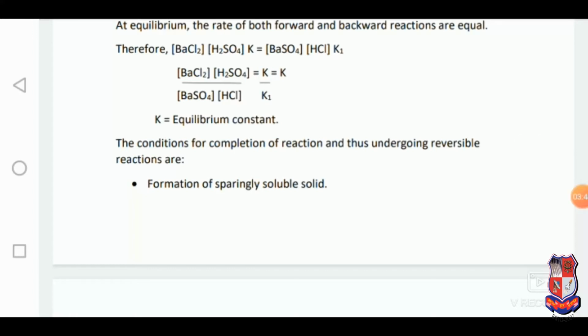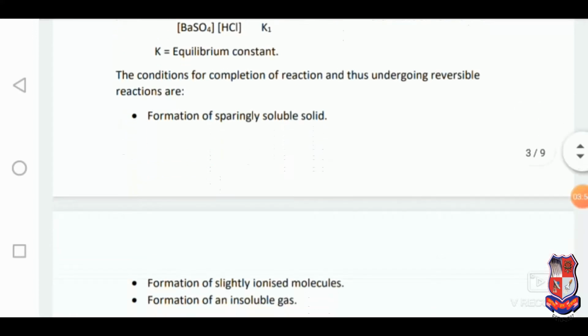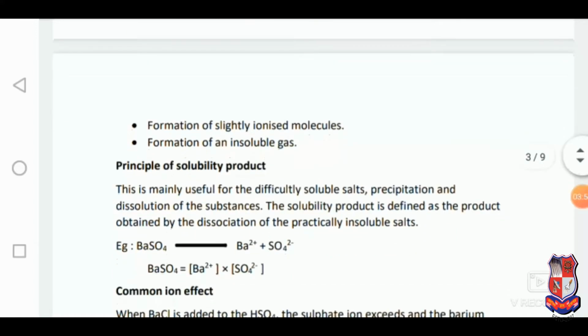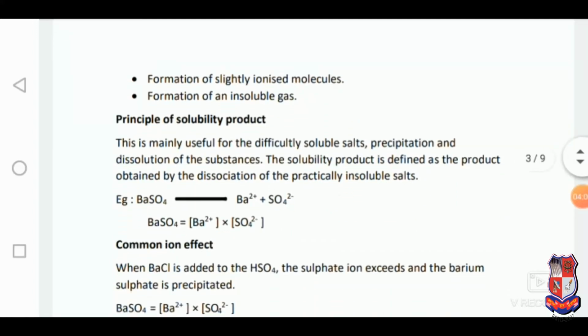The conditions for completion of reaction and thus undergoing reversible reactions are formation of a particular insoluble solid, formation of slightly ionized molecule, and formation of an insoluble gas. The third thing is the principle of solubility product. And why it is important? Because the solubility product governs the